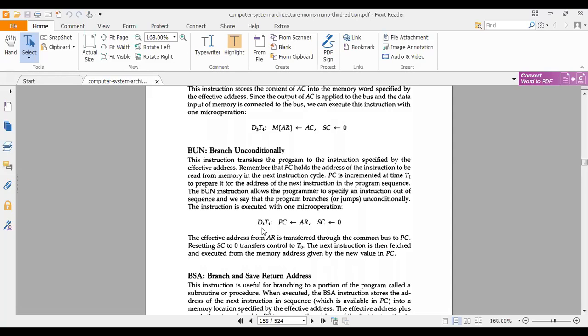Next is branch with some condition: branch and save the return address, BSA. What was the first one? You move there and you need not come back again. Go there, perform your task and stay there. But in the case of BSA, what is it?